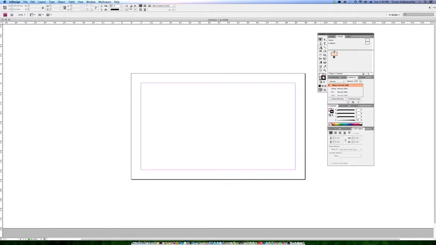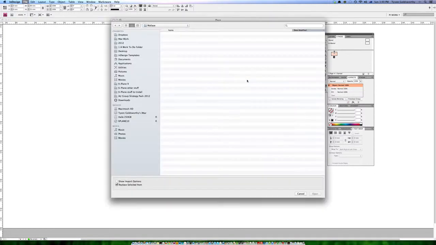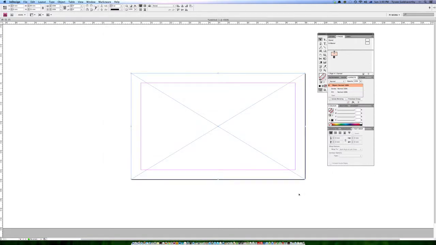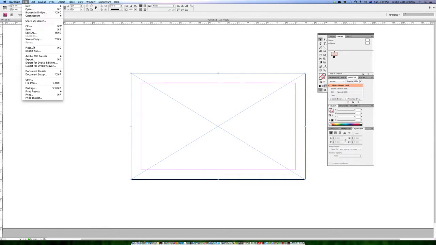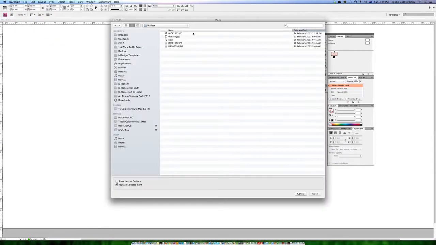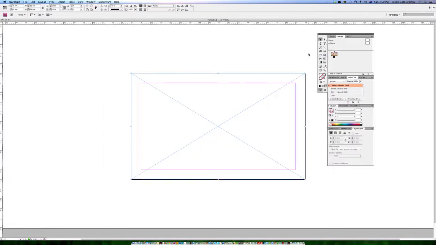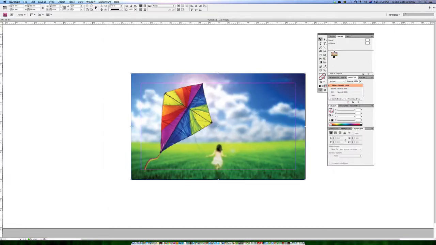So I'm just going to create a picture box that's 90mm by 55. At the moment it doesn't extend beyond the edge of the artwork. I'm going to find an image to place in there, so we go to Place in the File menu, and I've got an image in a folder called card image at 100 by 65mm, so it's a little bit larger than the box. If I just center it in the box,